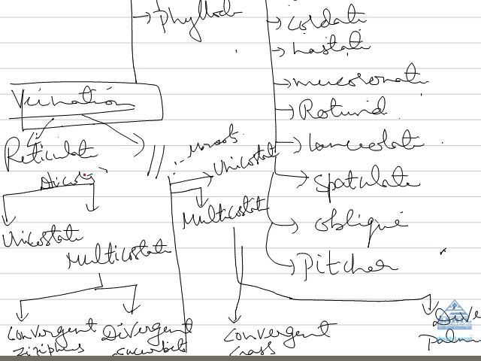Now in reticulate venation we have two types, unicostate and multicostate. Unicostate means only one midrib is present. Multicostate means many branches of midribs are present. If many branches are present, then we have two types. Convergent, if these branches converge at a point, example Ziziphus jujuba, the ber plant, and divergent, example